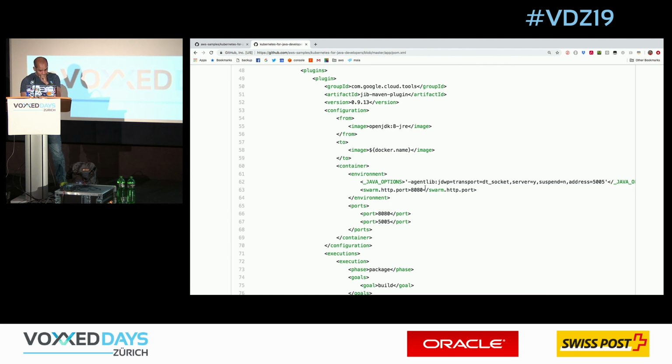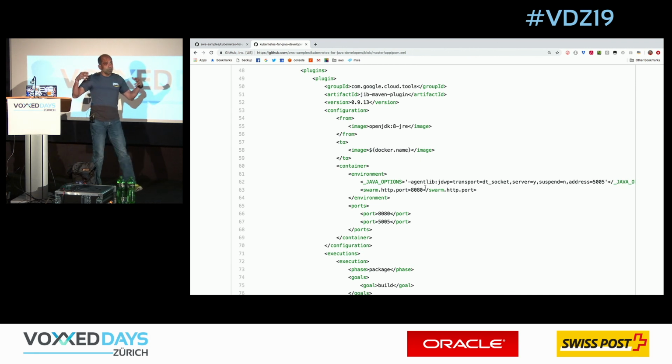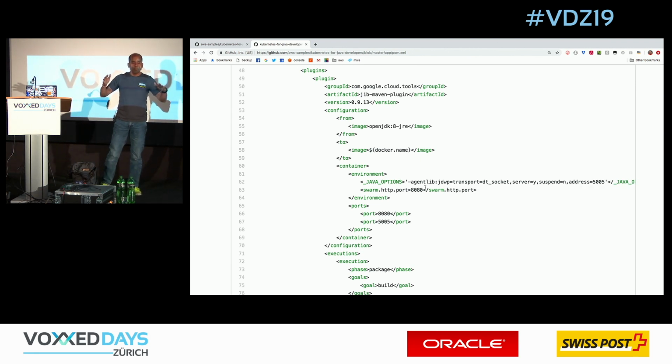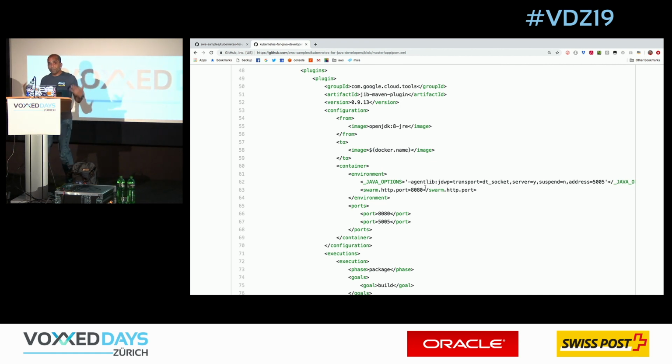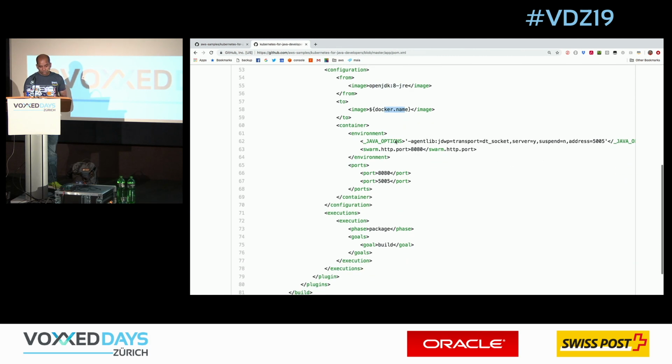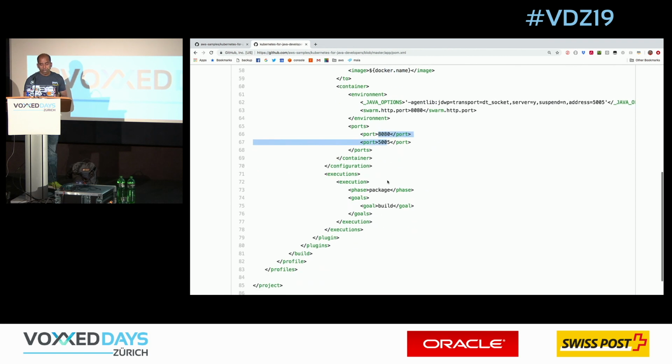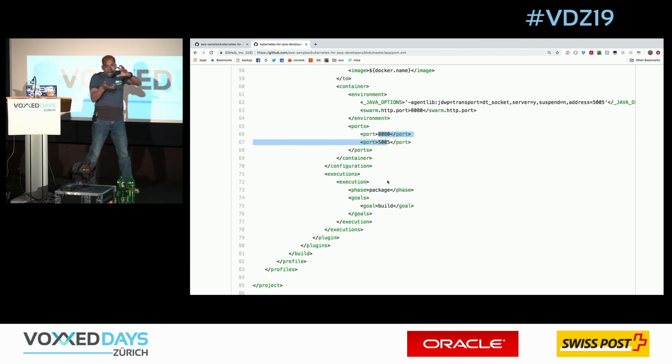And the idea here is that you don't need to write a Docker file. You are a Java developer. You know how to write Maven files and Gradle files. Just embed that plugin in there. Just give your natural Maven statements and Gradle statements in there, and it'll take an opinionated approach to create your Docker image. No need to write a Docker file at all, as a matter of fact. So in this case, as you can see, I'm specifying what my base image needs to be, what my image name needs to be, what my environment needs to be, port, etc. I don't care about my Docker file syntax now. So now I can just say Maven package.